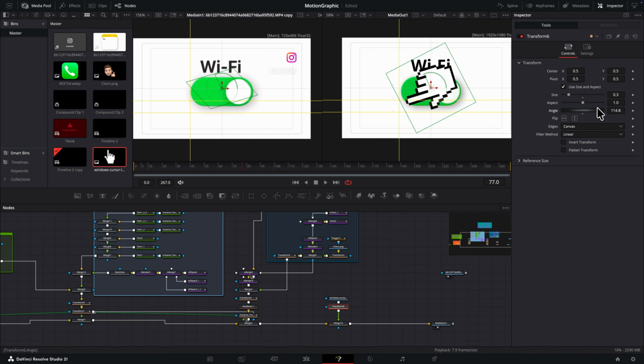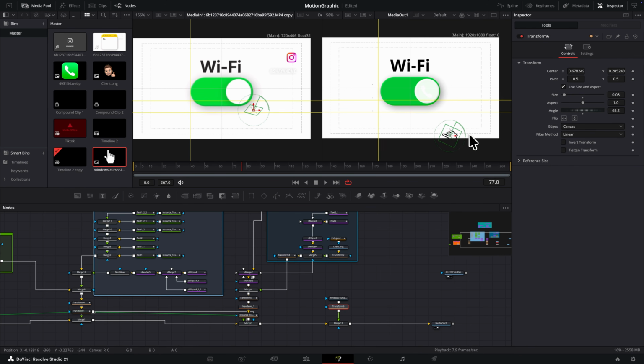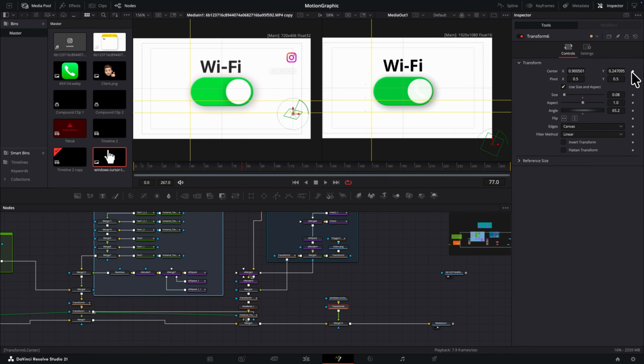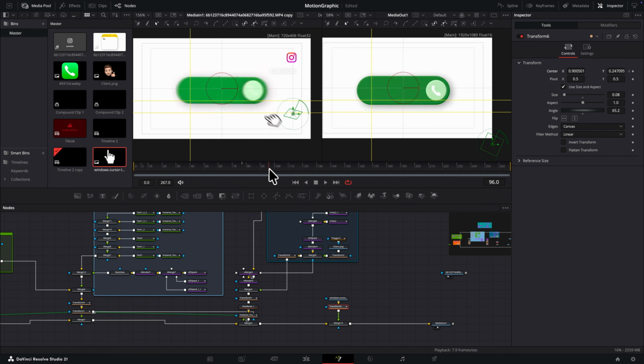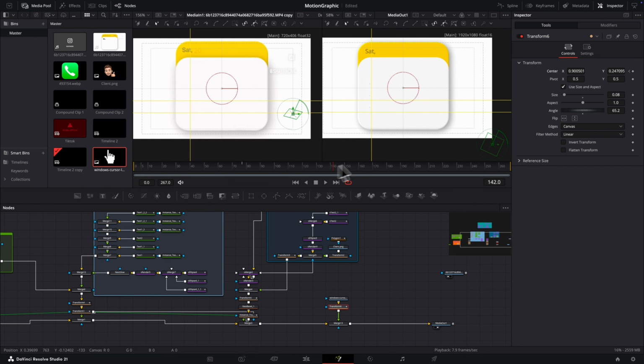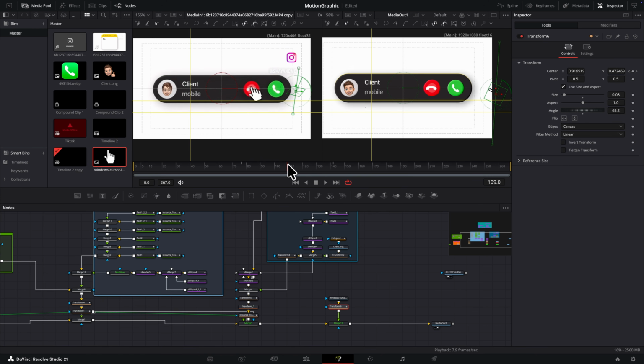So go to frame 77 and set the cursor's size to around 0.08, and rotation to around 65, positioning it in the bottom right corner and keyframing its position. Move to the frame where the cursor exits again and drag it to the top right corner where it leaves. Then go back to the frame where the cursor lands on the decline button and drag it there to match